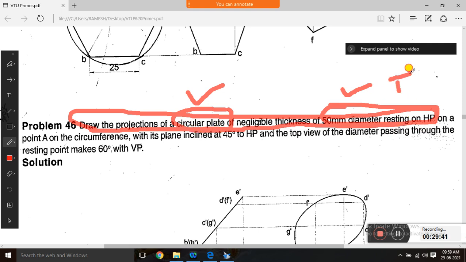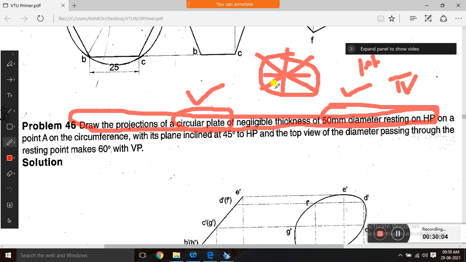So you have to start with the top view, first position. And on the point A, we have to mark the points. Even though you don't have any corners or edges, we have to mark the points, meaning the circle should be divided into equal parts like this, 4 equal parts. Or if you want more, you can draw 8 equal parts. Like this, you have to divide this circle into 8 equal parts, then name it: A, B, C, D, E, F, G, H. Like this, you have to mark the points.